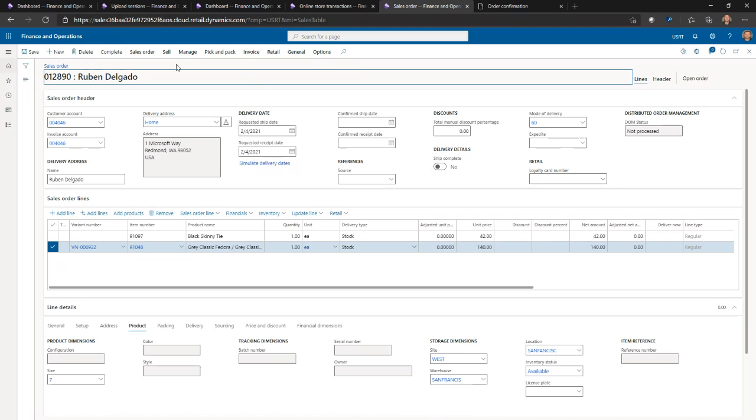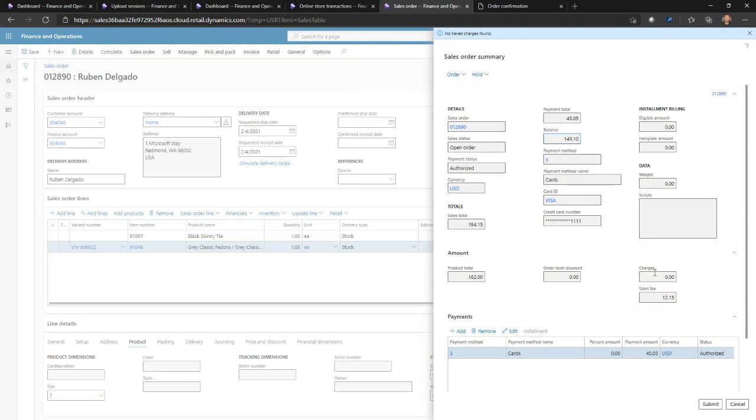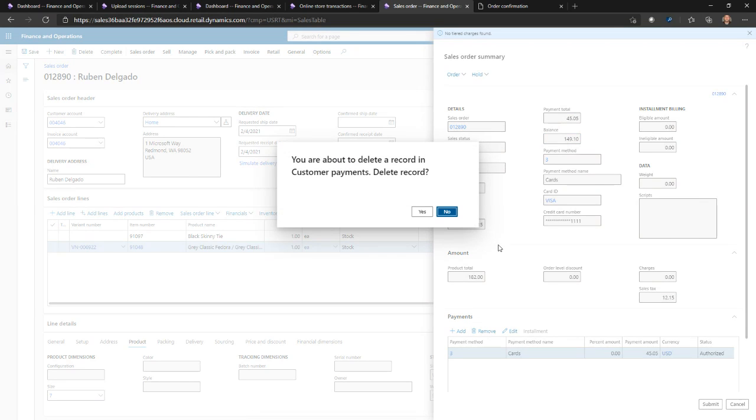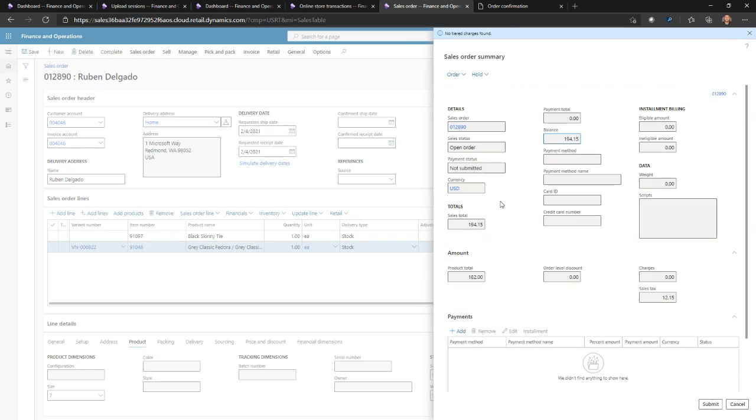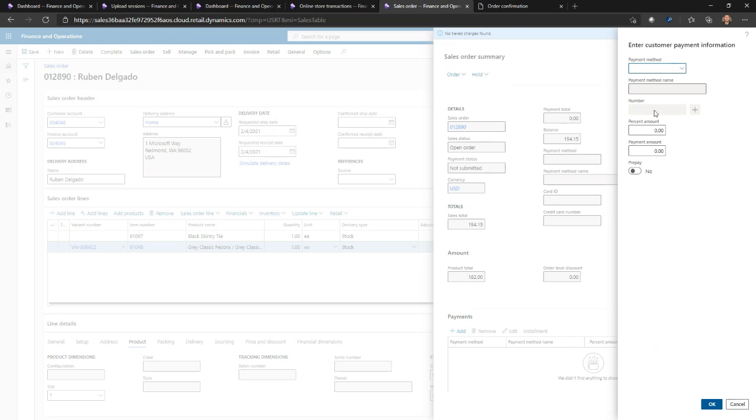And then they say, is that all? I say, yes, thank you. You've been very helpful. And so they go through the order completion screen that we described previously. And the person says, would you like to also put the hat on your card, and this card ends in 1111, and I think, oh no, that's my corporate card or my business card. I shouldn't make a purchase on that. Can you change it for me? And they say certainly. So this person can remove that card from the transaction, and so that removes the card. It reverses that authorization for that card, and now I can add a new payment method.